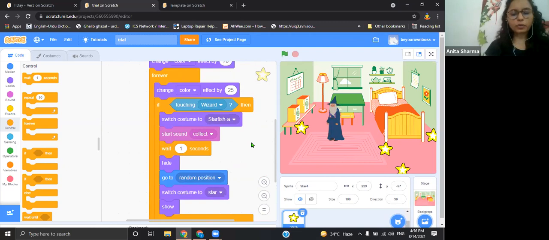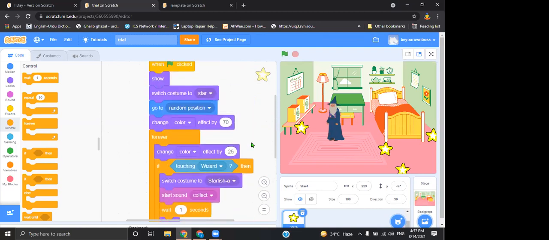No, one by one, when you touch them. Ma'am, they are at different places. Yes, but when I go on the star, it keeps on turning into a ball, and only one star changes, not all the balls.